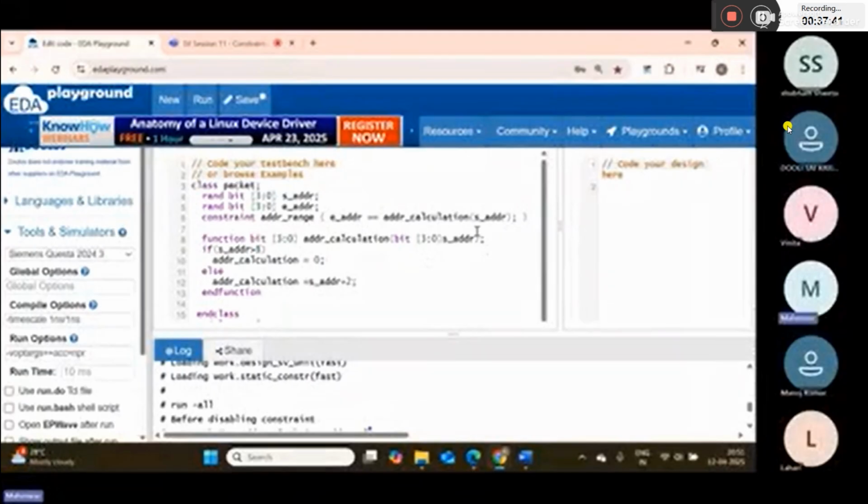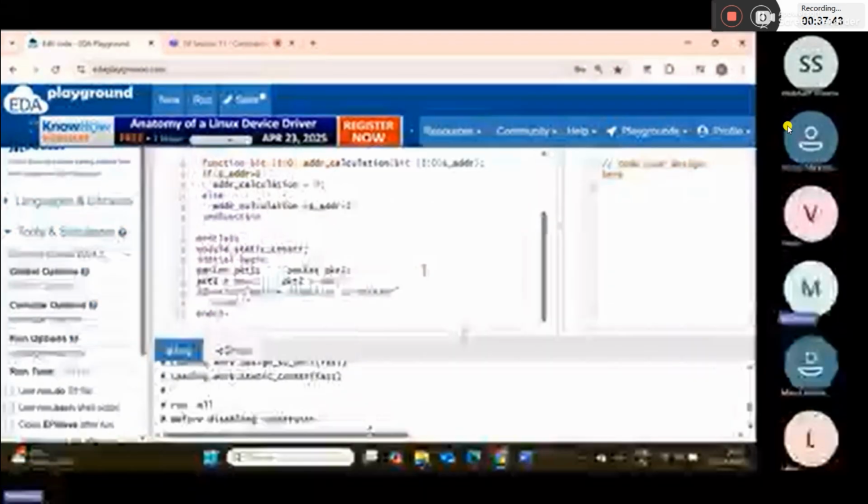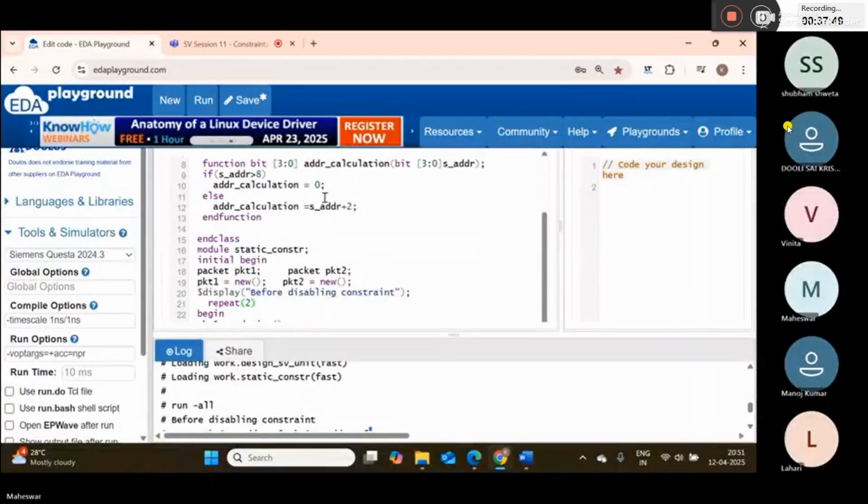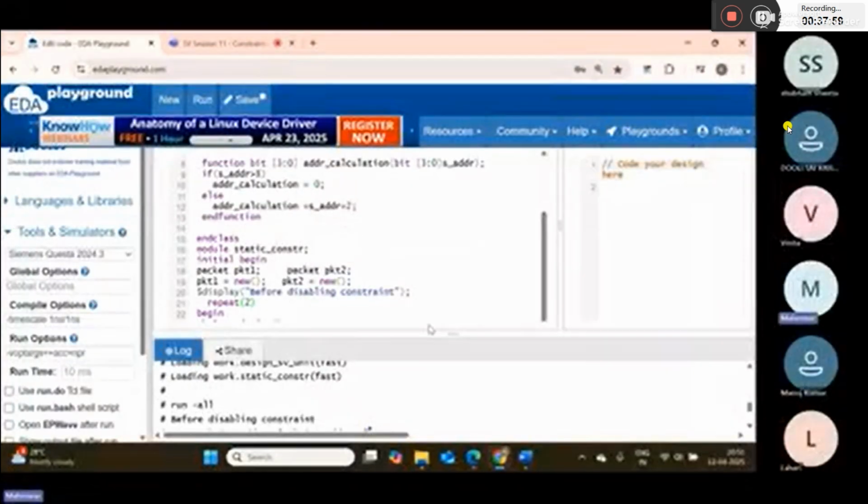That is this example. Usually here, if start address is greater than 8, at that time the output address will be 0. And else, if the start address is less than that, then the address calculation will happen. So as per the randomization,